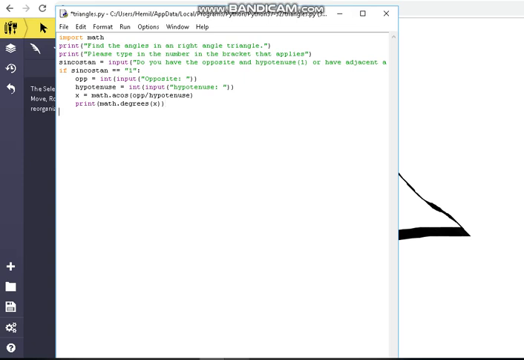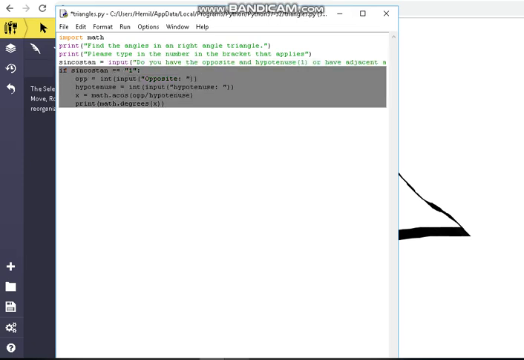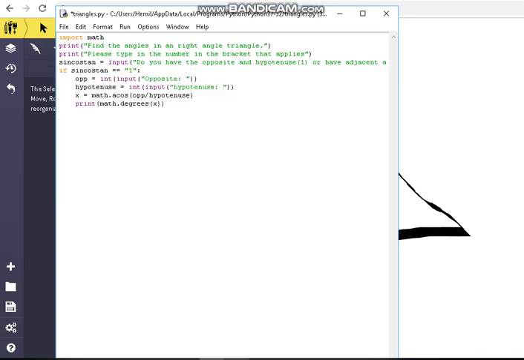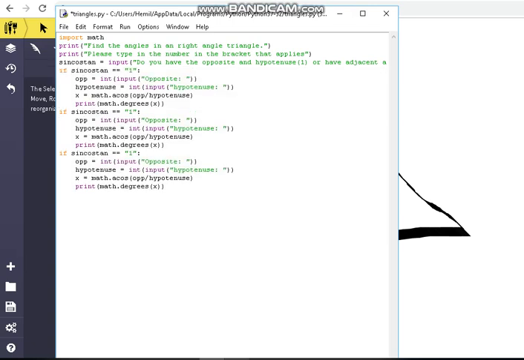And now we're just going to repeat the case for all of these. So to save time, I'm just going to copy and paste this here and here. Now instead of 2, I'm going to put 3. Sorry, I'm going to put 3 here, 2 here, and then put this here, then put 3 here instead of this, and then instead of opposite I'm going to have adjacent, and then instead of opposite over here I'm going to put in adjacent, and then